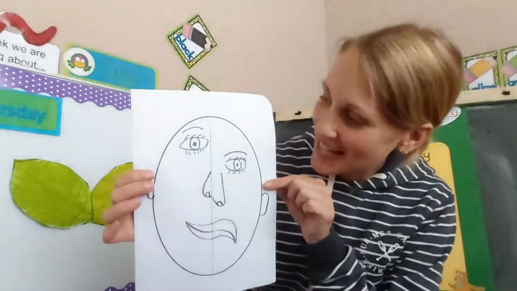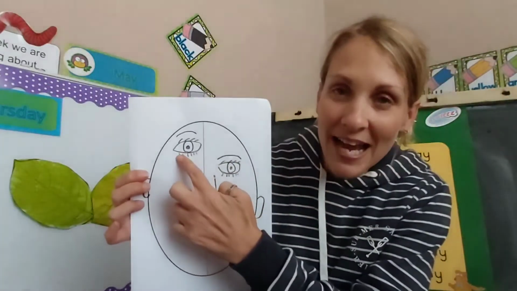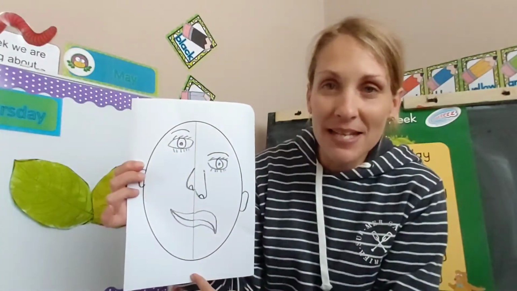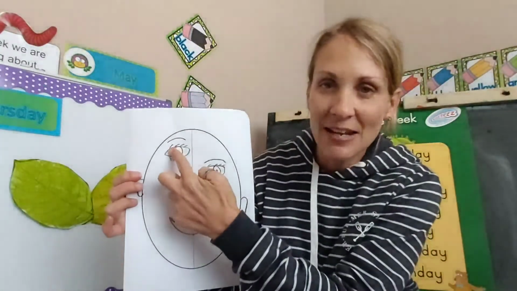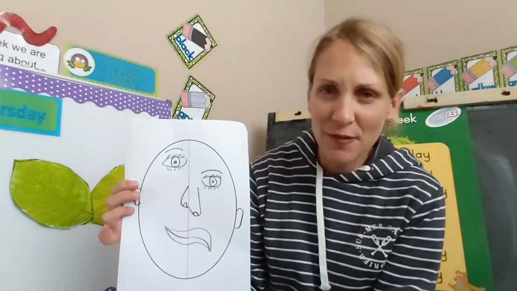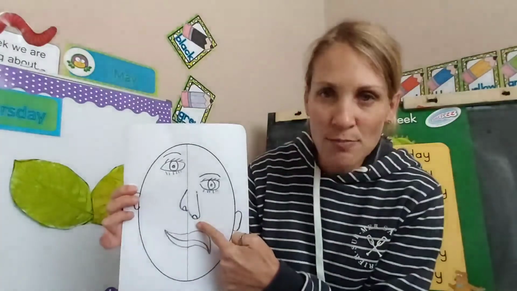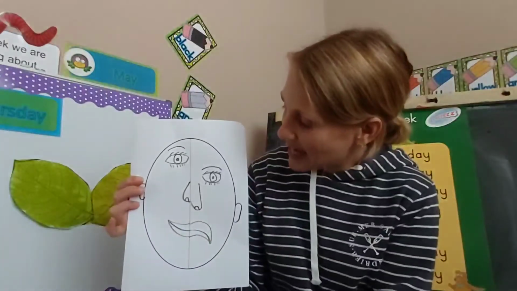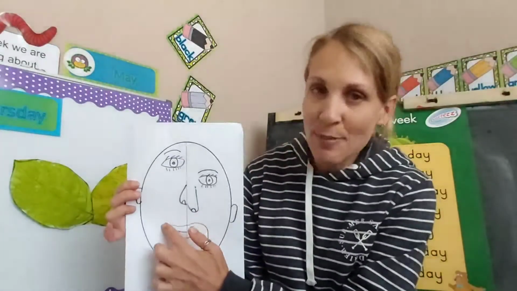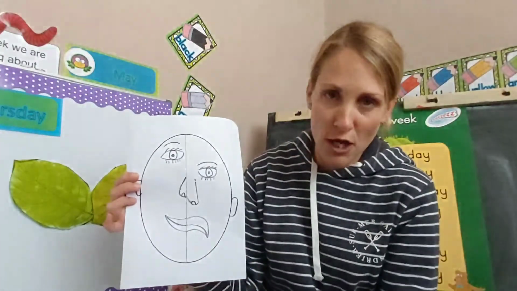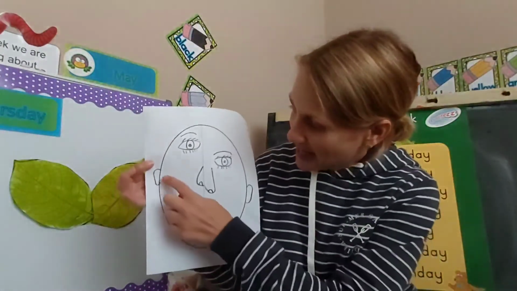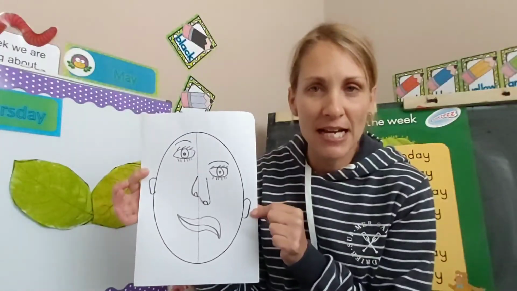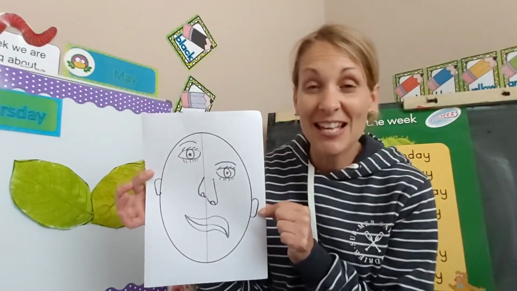There's Mrs. Doster's asymmetrical face. Look, my one eye is up there and the other eye is down there. I've drawn a line down the middle, my midline. There's my left eye and my right eye in funny places. And look, my nose. My one nostril is dipping down on the right-hand side, and on the left-hand side, my nostril's up. And look, I've got a smiley face on this side and a cross face on the other side. Here's my ear up there in the right place. But oh my goodness, look down here. My ear looks like it's fallen down my face. Okay, so this one is